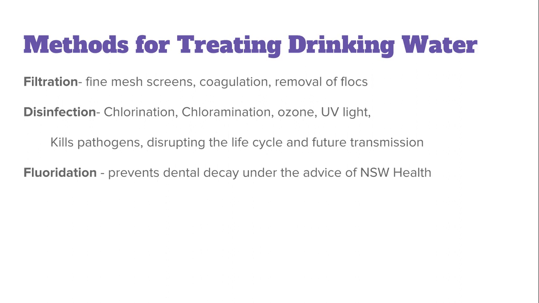One of the second processes is disinfection, and this can occur using a few different processes and a few different chemical compounds. So we have chlorination, we have chloramination, we have ozone, and we have UV light, just to name a few. The way in which chlorination works, which is the most common process of disinfection, is that